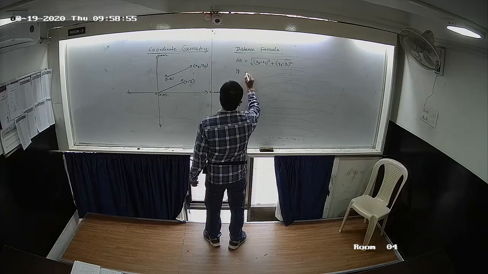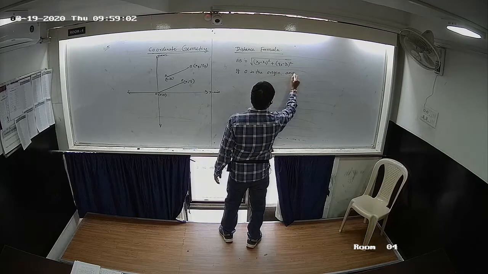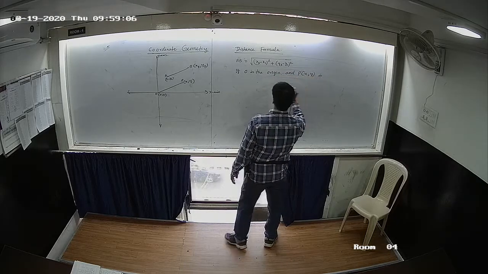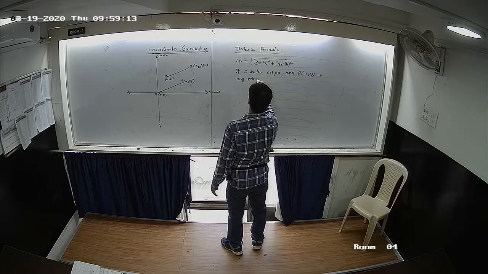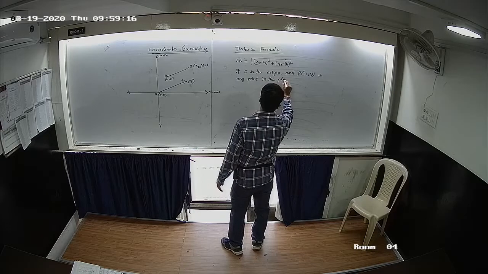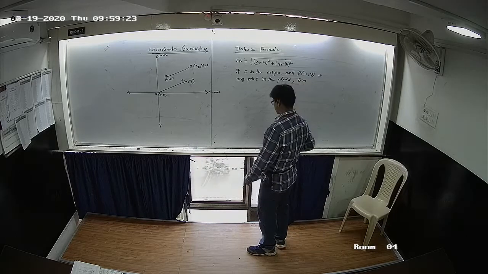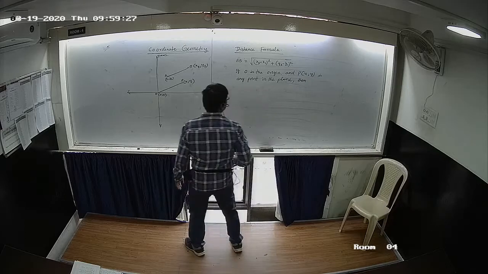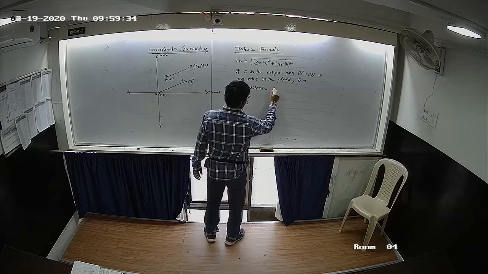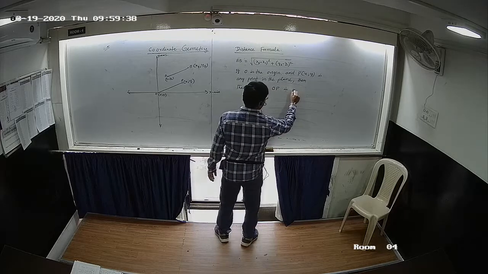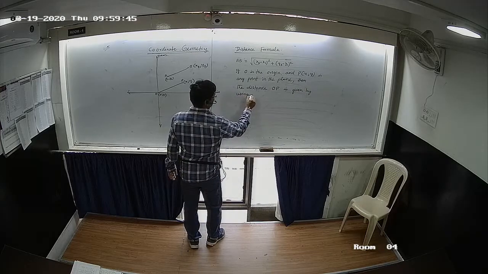If O is the origin and P(x, y) is any point in the plane, then the distance OP is given by, using the distance formula,